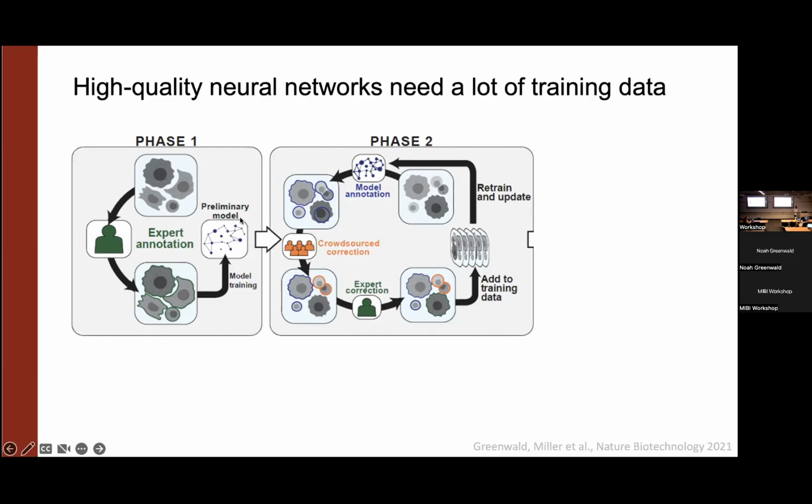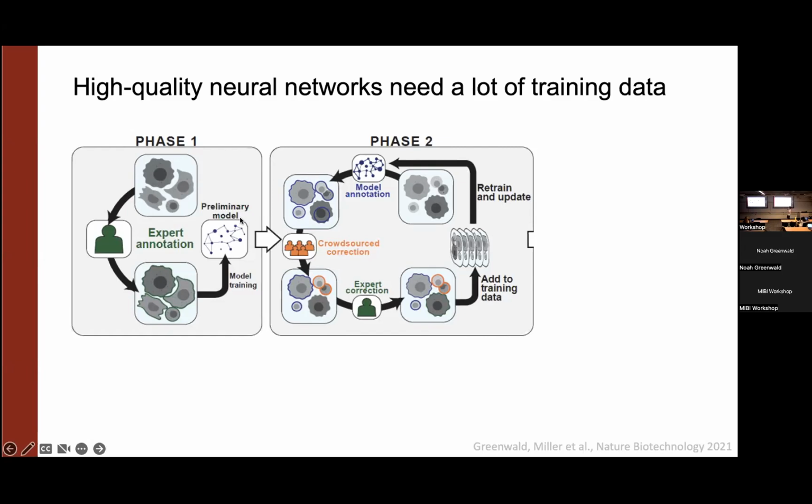The expert is just making sure that the crowdsourced annotations correctly fix the errors from the model. And so there's a huge narrowing of how much work the expert actually has to do. All they're doing is checking to make sure that there's no remaining errors. That data then gets added to the training data, and then we retrain the model and we start the whole loop again. And now the next time, because the model has seen more data that's been corrected by more people,